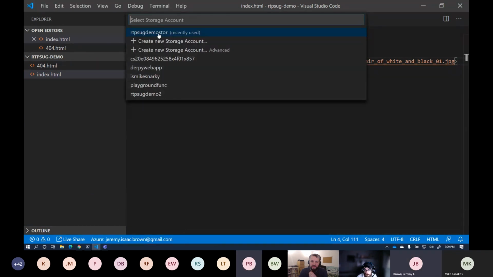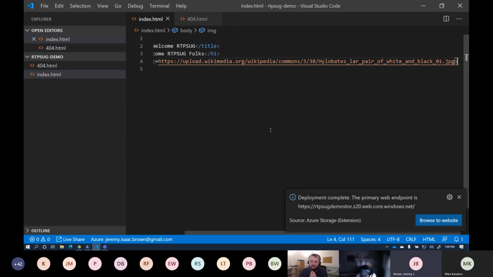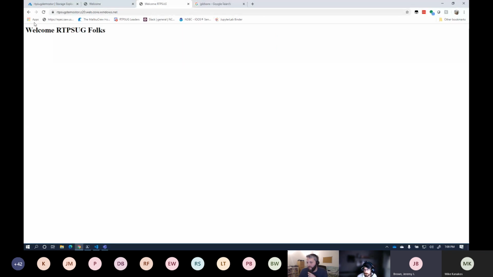And then choose our storage. Because we made a change, it's going to delete and recreate everything inside that static website. So when we upload this, whatever was there is gone, and this is the new data. If we come over and we